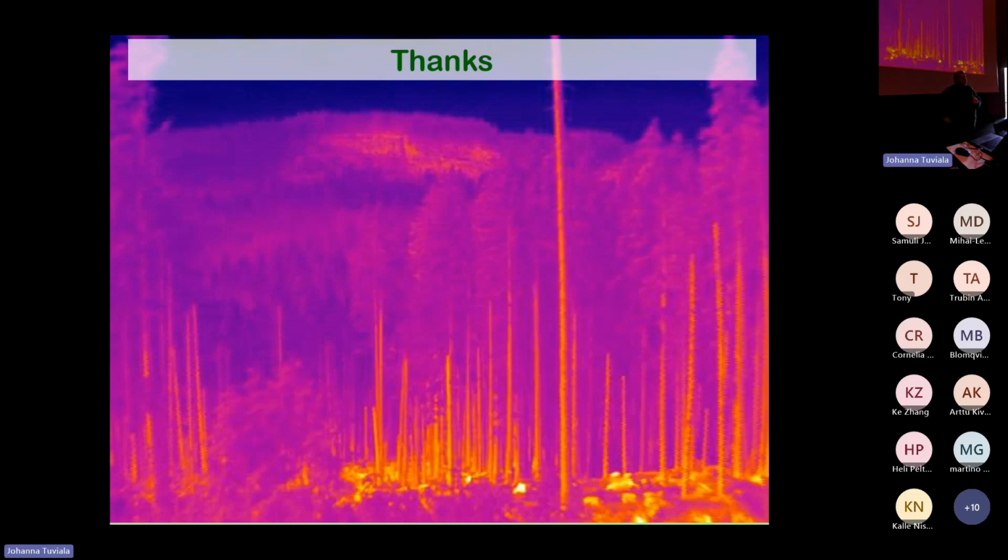Yes, we have one other question here. Thanks, Russ, for a great presentation. Early in your presentation, you mentioned that one of the hypotheses was that warm temperature would have an impact on the stress and the attacks. Did you consider to actually put thermometers in the trunks of the trees to see how these different groups were affected temperature-wise? I think basically in all the design we have this temperature sensor from both sides,